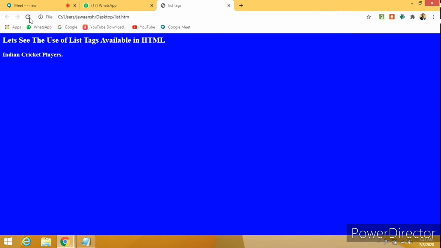I have taken one more. So are you getting it in a bigger size or smaller size as compared to h2? Smaller size. Then you are getting the smaller size. For the font, if you are using font, you will be getting from lower to higher. Here you will be getting higher to lower.